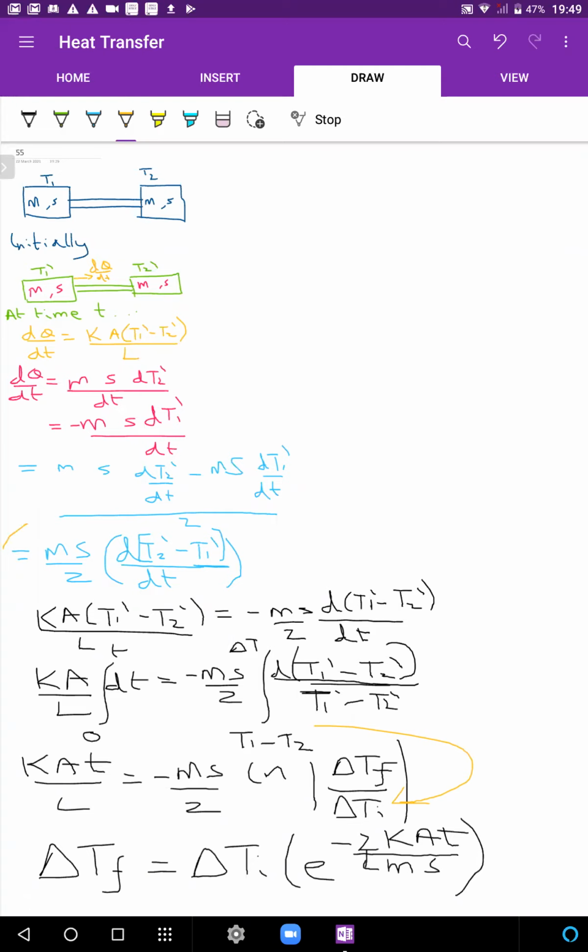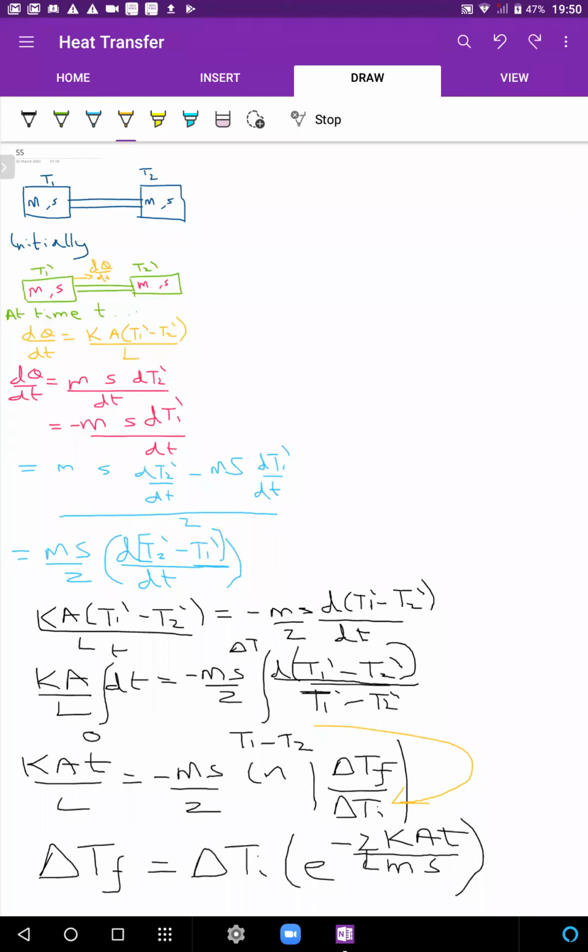हाँ, this is an equal to sign. ठीक है, how did I write? हाँ, तो एक बार वापस जल्दी बता देता हूँ. dq by dt को t2 dash के terms में लिखा और t1 dash के terms में लिखा, और फिर इनको add किया. तो add करने पे 2 dq by dt becomes this. So dq by dt becomes ms dt2 dash by dt minus ms dt1 dash by dt divided by 2. So this becomes ms by 2 dt2 dash minus t1 dash by dt. तो dq by dt को इसके terms में हमने लिखा.